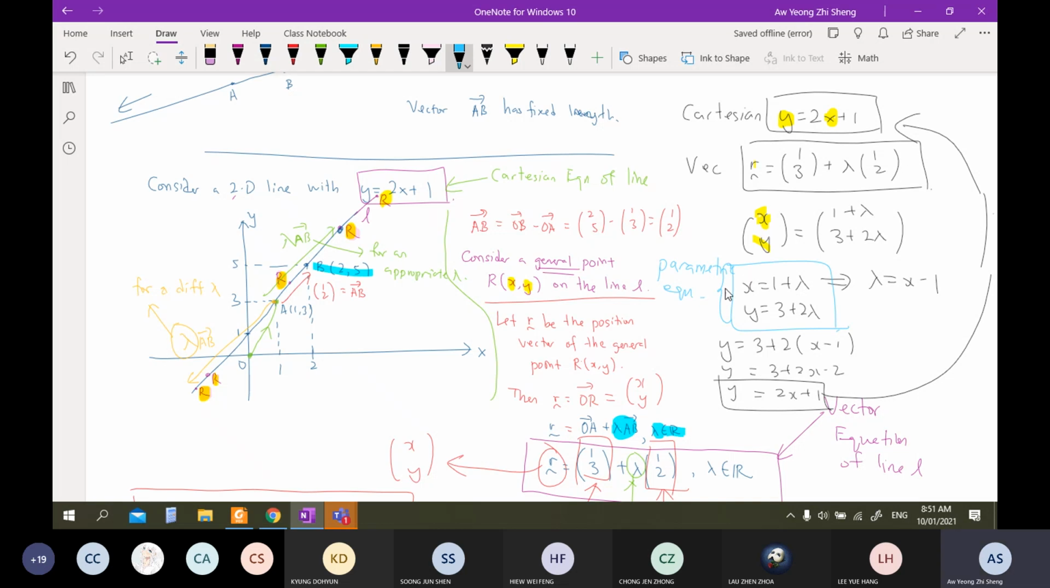A parametric equation refers to an equation where x and y are expressed in terms of the parameter lambda. Now, in the process of combining these two equations to get rid of lambda, when we only have two equations to combine, it's rather easy. And after eliminating lambda, you can get an equation linking x and y. But when it comes to 3D,